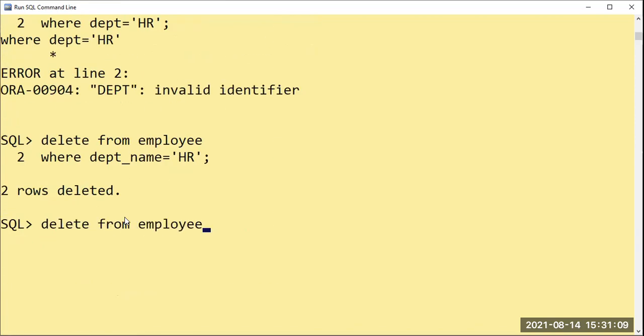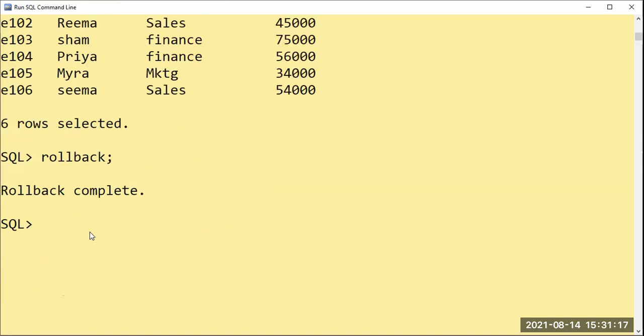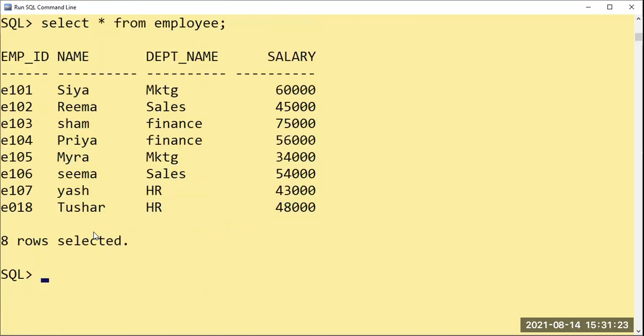Now let us check whether it's there or not. It has got deleted, 106. I will say only roll back again. I just want all the records with me. Roll back means whatever you did previously, like Control Z. Okay. So select star from employee. The values have come back. Then deletion is over.